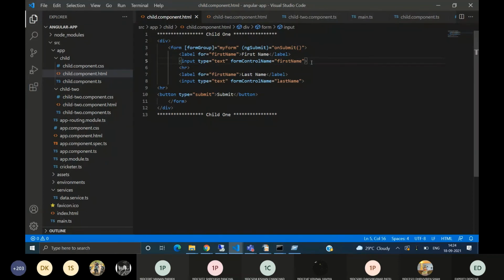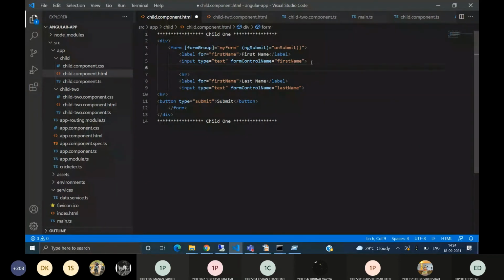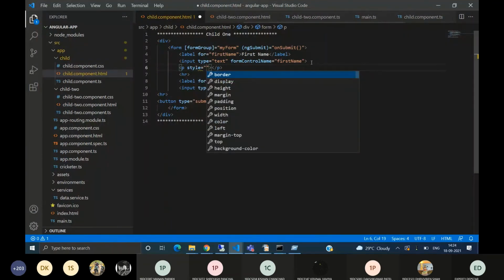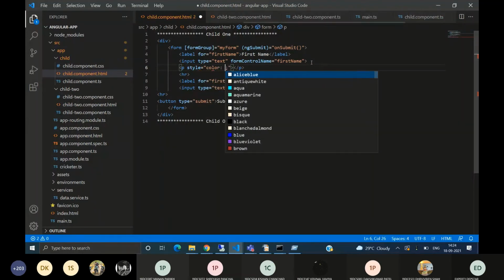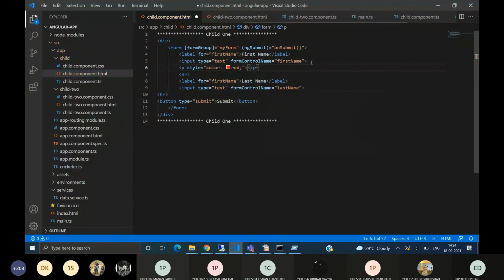Inside the input method, I will write here a field with color red, saying enter name.